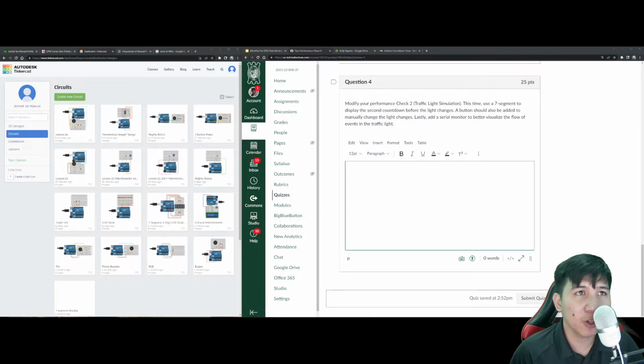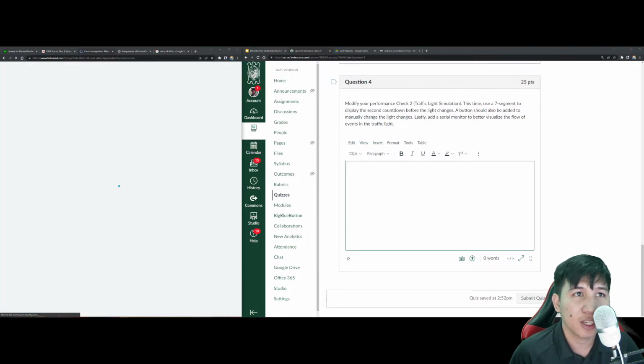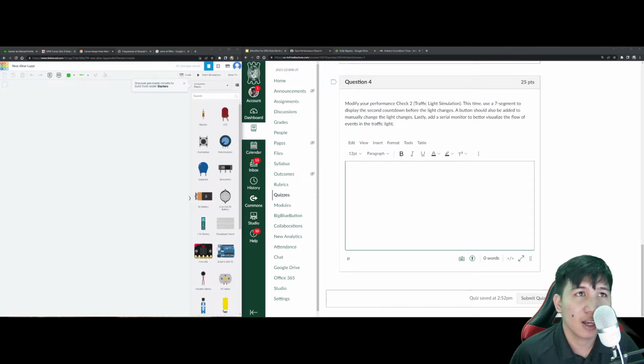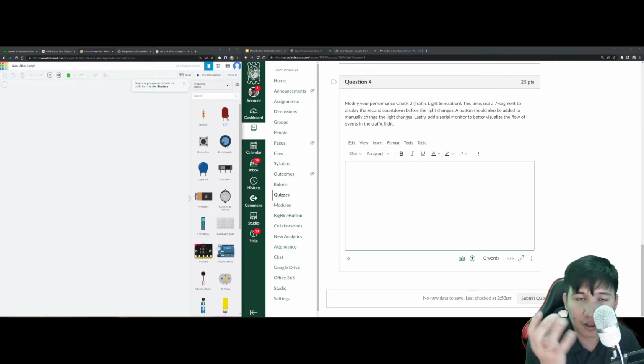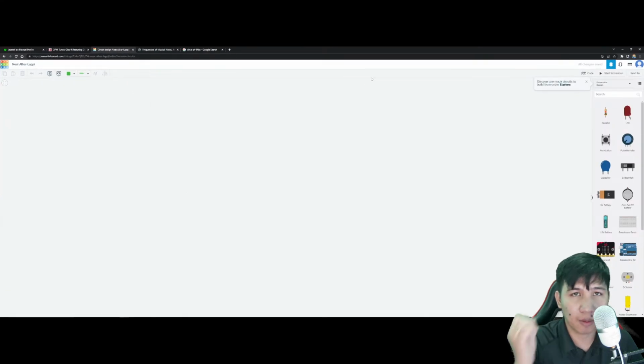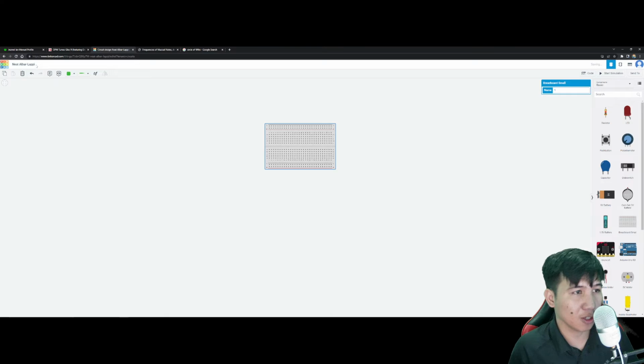Okay, let me show you another example project. Let us create another example project here so that we at least have an idea of how this works. The pulsating lamp. You know that, right? It pulsates, like it goes like that. That's a very easy project. Let's name this one pulsating